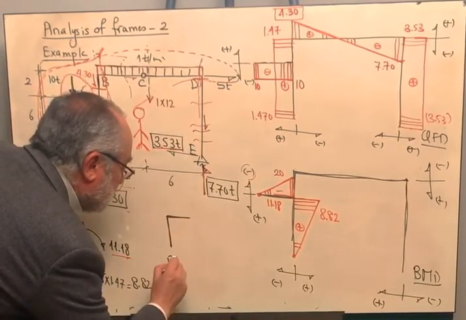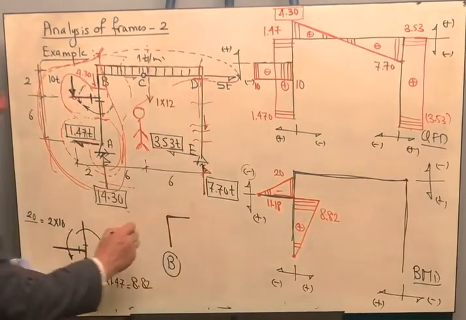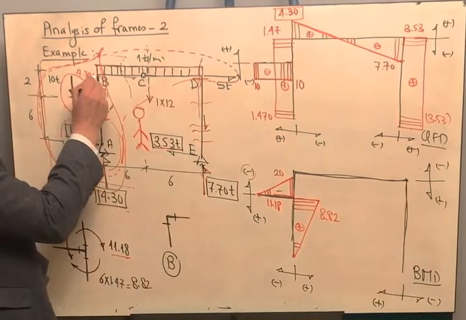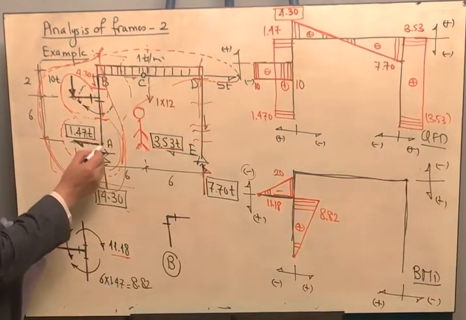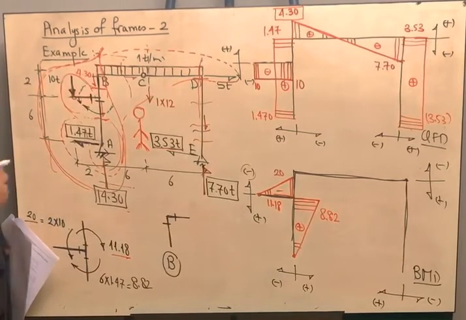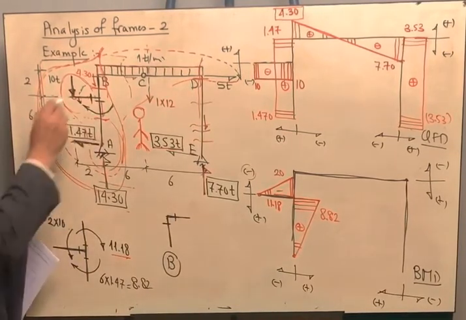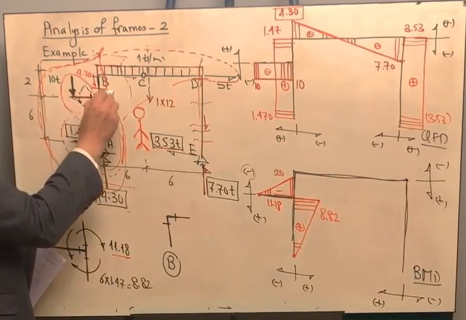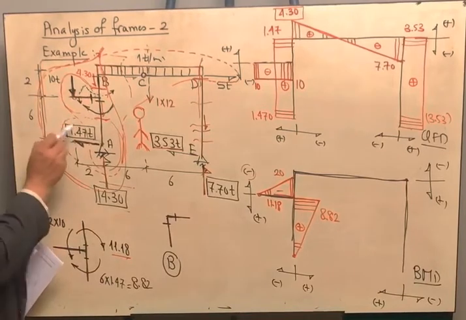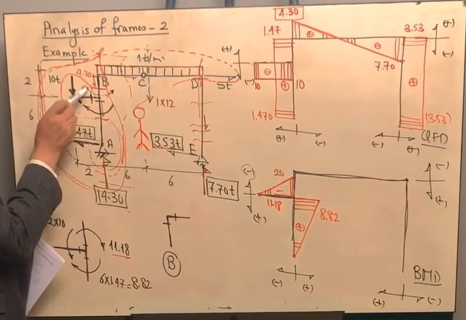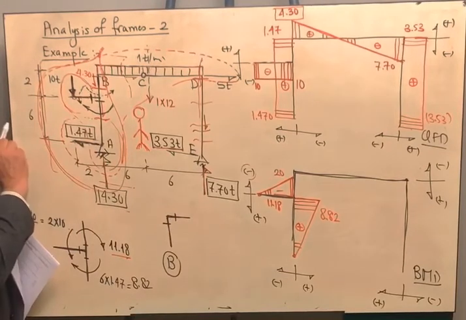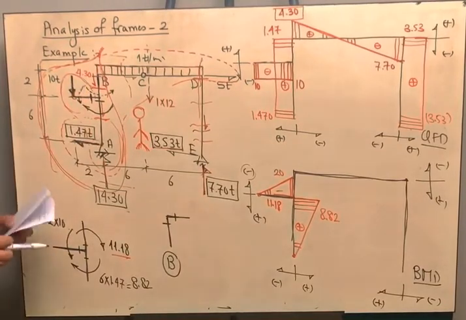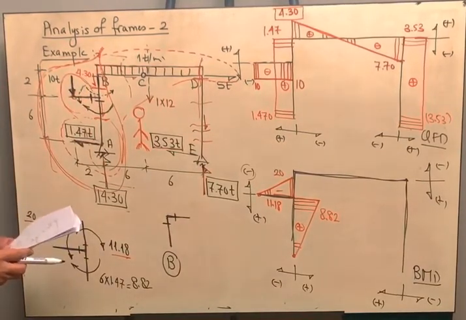This is point B. Now I need to calculate the moment here, and the moment here should be in equilibrium with it. How do I calculate the moment here? I will take 1.47 times its distance, which is 8, and it is rotating in this direction. And I will take the 10 times its distance, which is 2, and it is rotating in this direction, right? So therefore, this is causing negative moment and this is causing positive moment, okay? So it is 10 multiplied by 2 minus 1.47 multiplied by 8. This will give us the magnitude of the moment here